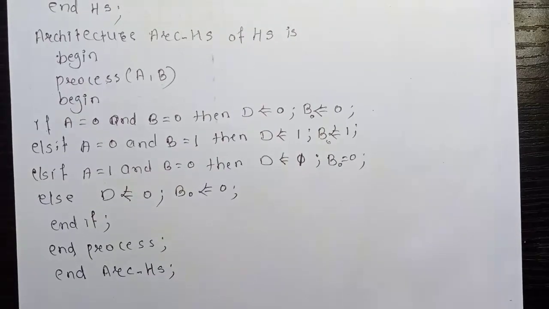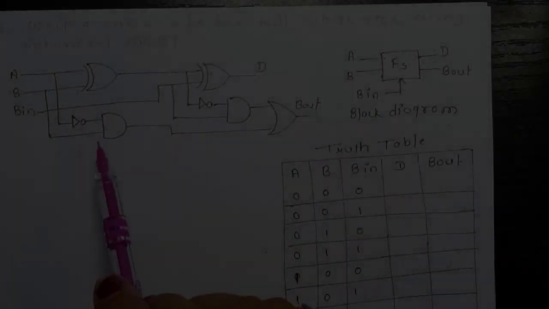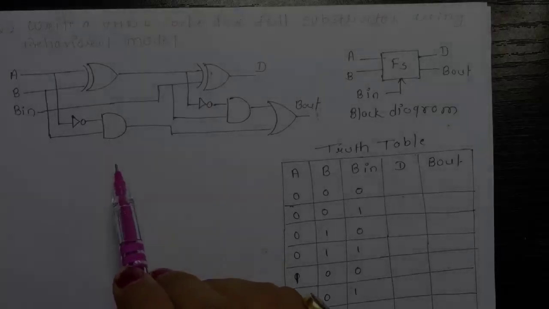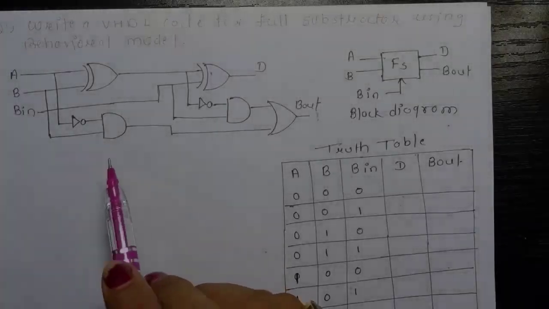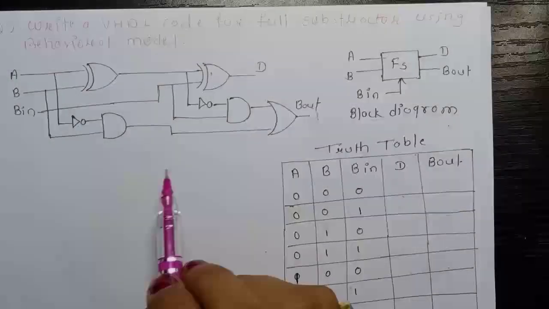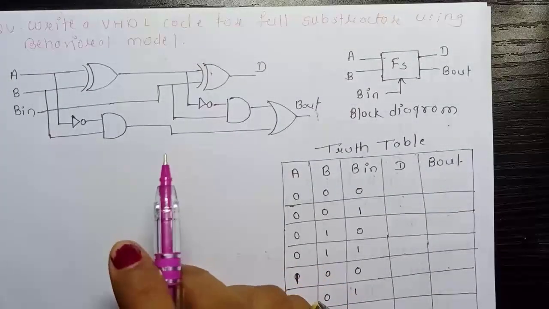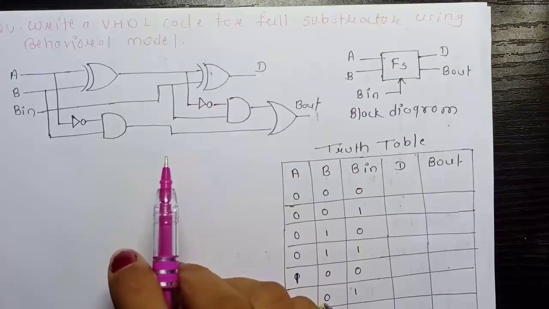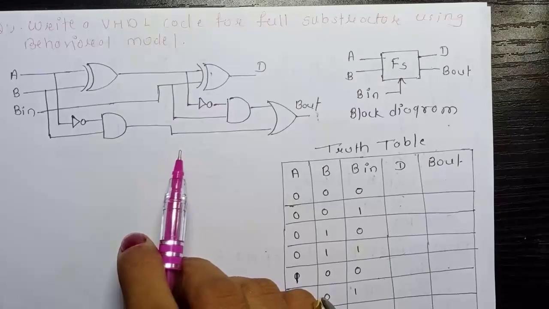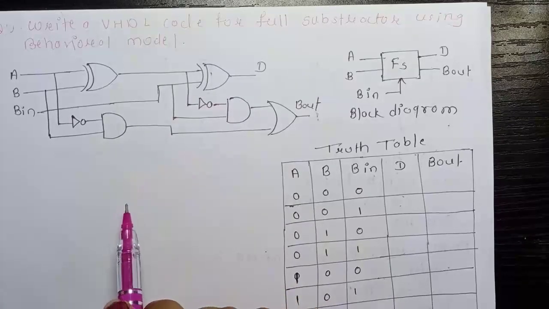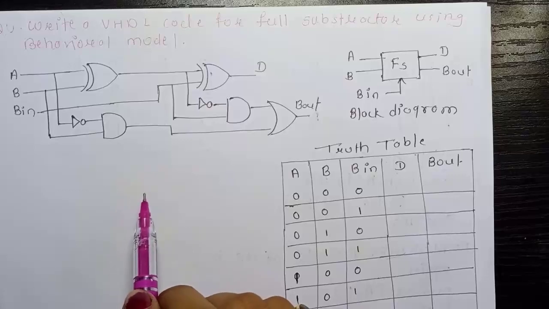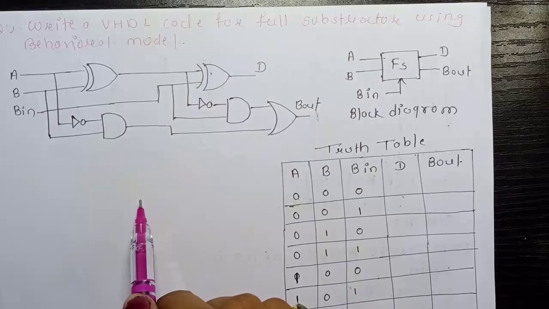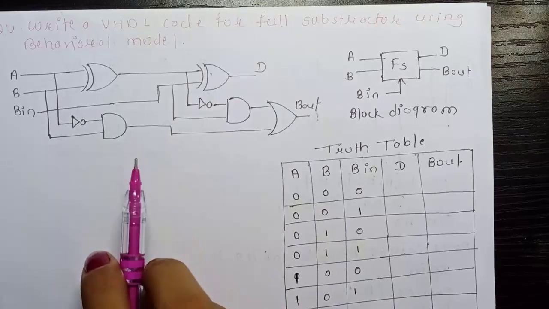Next we will see how to write a VHDL code for full subtractor using behavioral model. By using full subtractor, we can perform difference between 3 bits. Initially, when we are using half subtractor, we can perform subtraction between 2 single bits. If any borrow occurred in the next step, then we need to perform subtraction between 3 bits. Okay, but half subtractor is not going to perform this operation. Let's see an example.